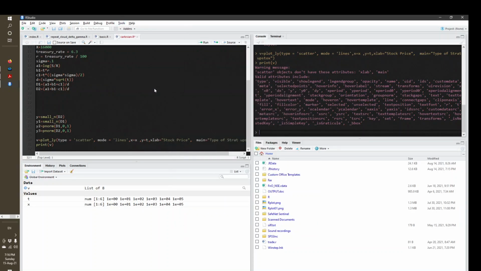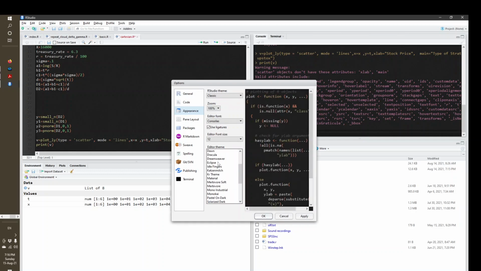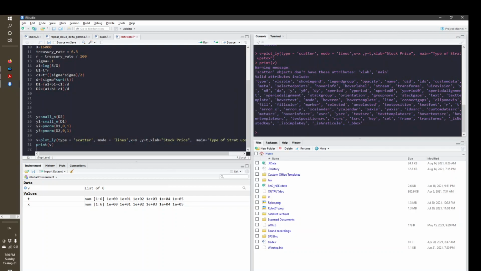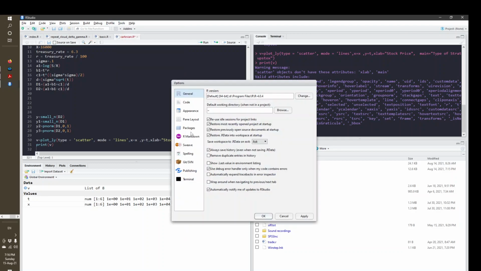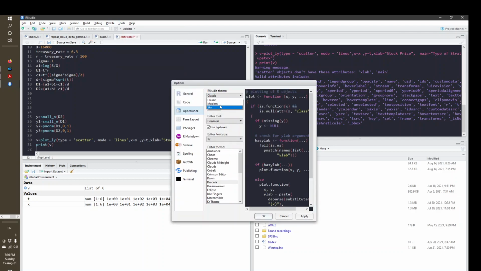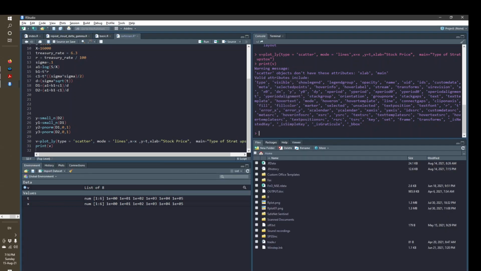Similarly, you have multiple options of appearances. I preferably use the Dracula one, the night one. I'm not a Dracula, but I prefer everything that way. And here also, if you go to appearances, you can change it. I prefer the sky one, the morning. It will just restart. So this is what I prefer.